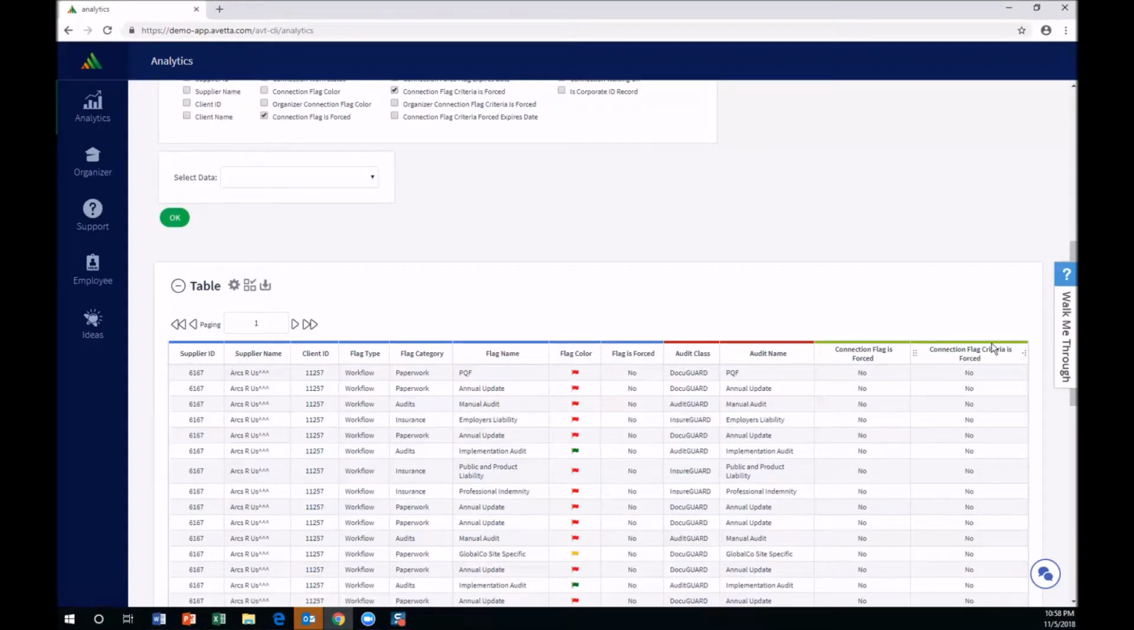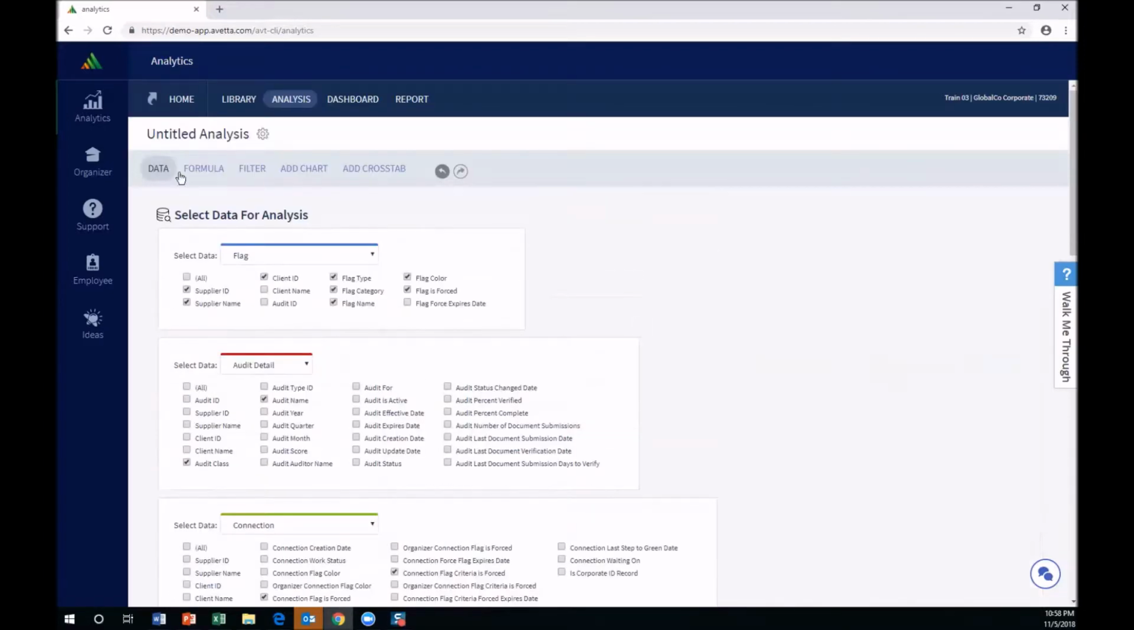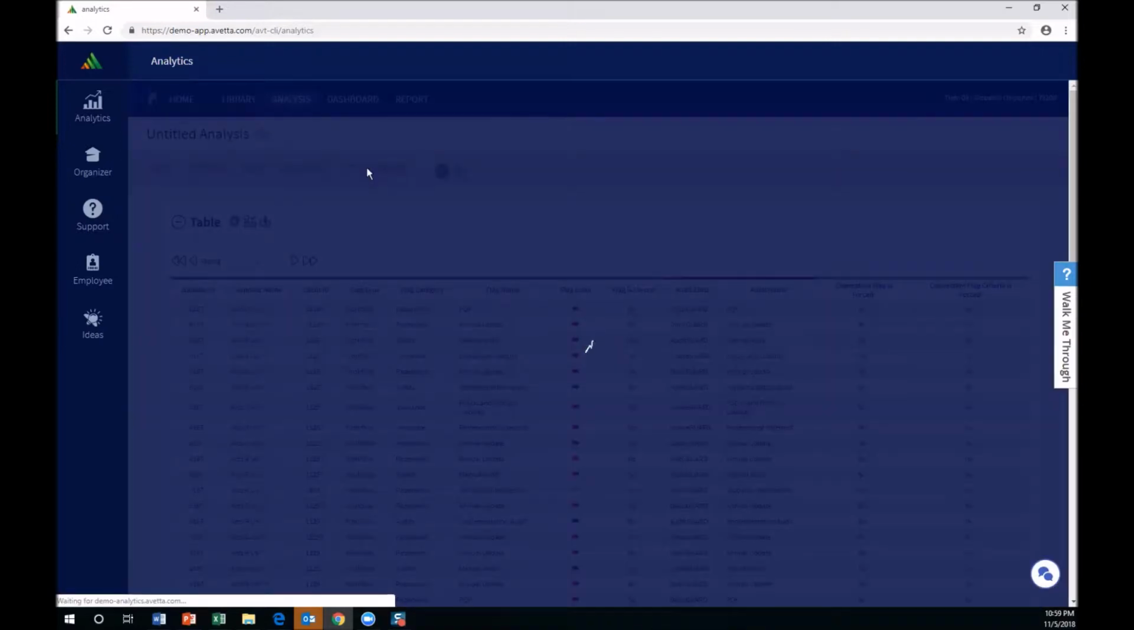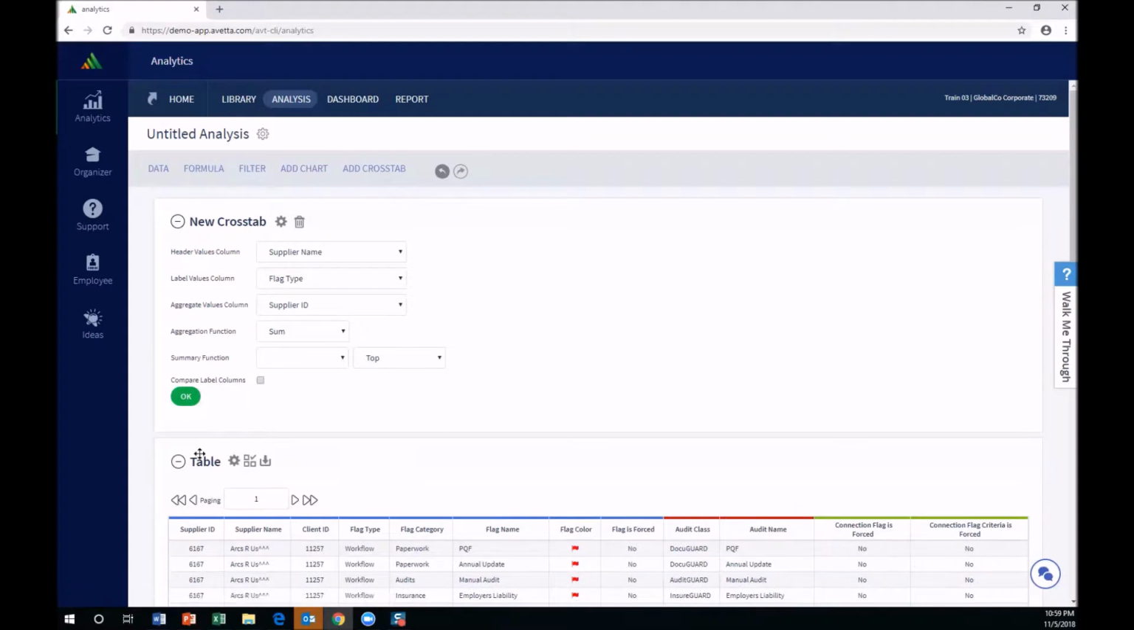And here's my data space. So I'm going to collapse the data. Just take a look at my table. And now I'm going to add a crosstab. So I'm going to click to add a crosstab. And just like a chart, this is going to expand the criteria for this crosstab. And the columns that I want are flag category. So show me every flag category. And then my label values are going to be supplier name,